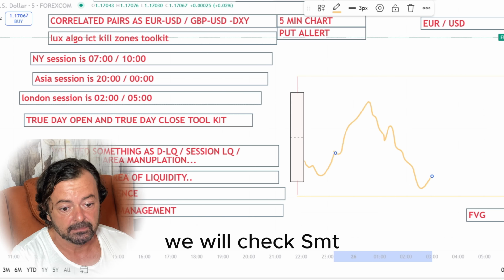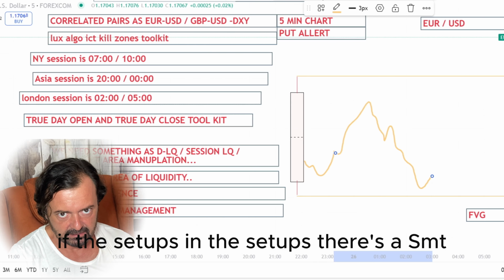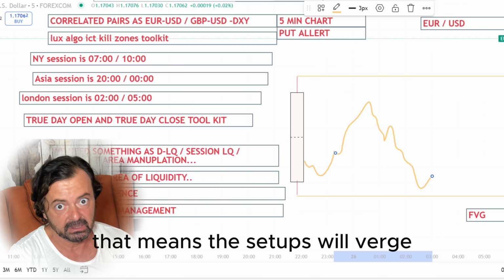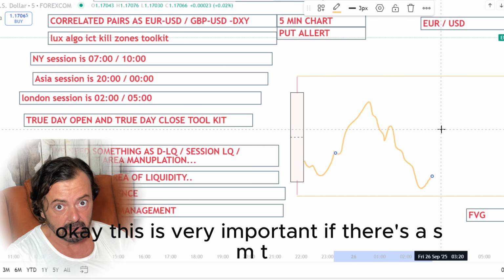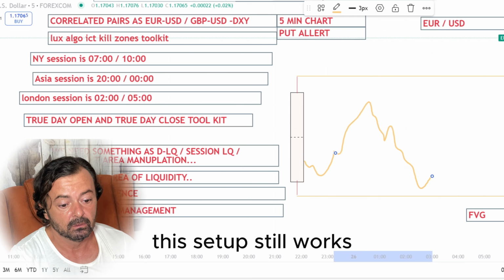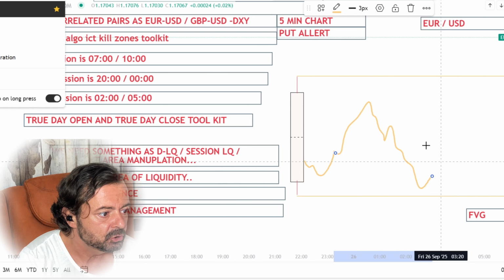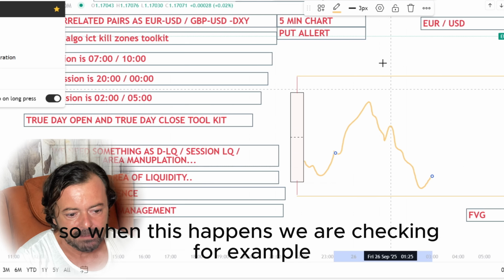Okay, we will check SMT. If in the setups there's an SMT, that means this setup will work. Okay, this is very important. If there's an SMT, this setup will work. So when this happens,